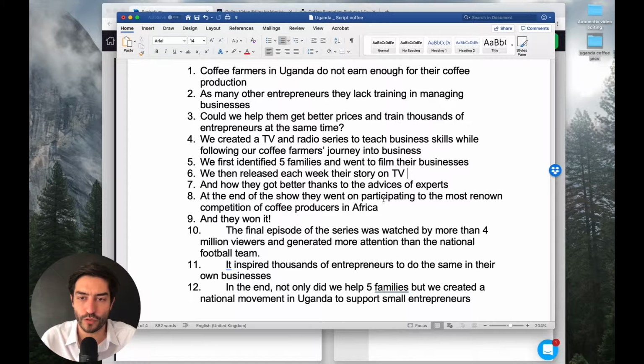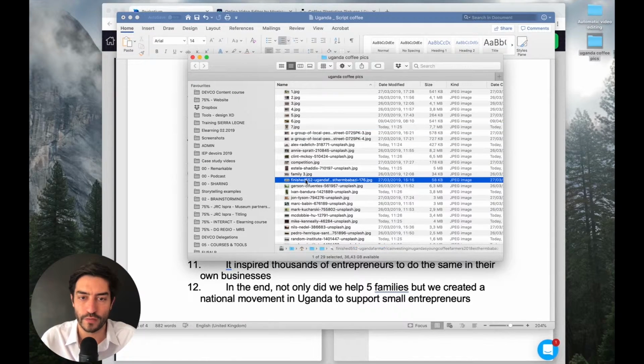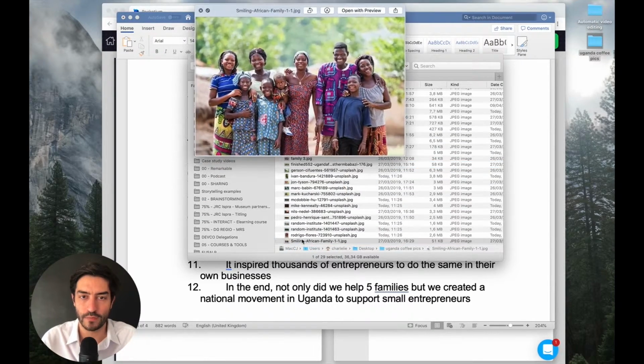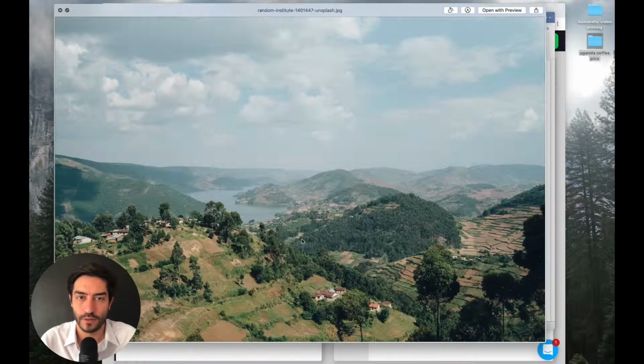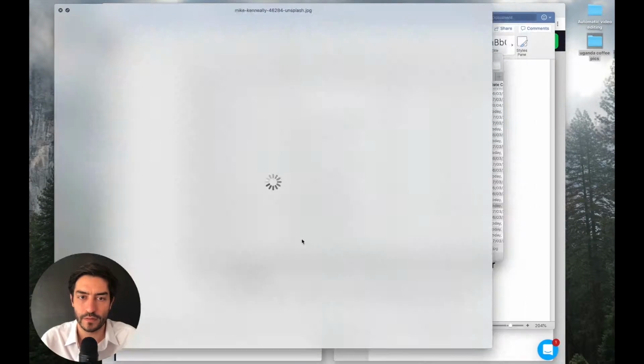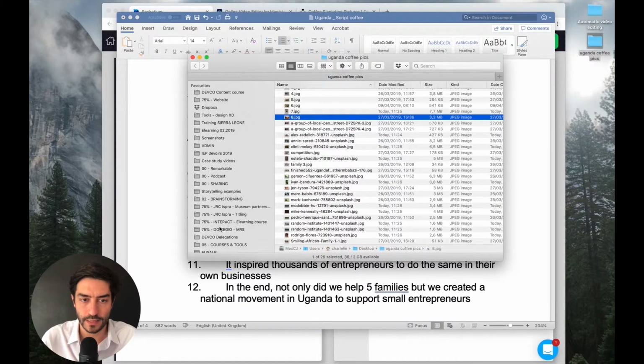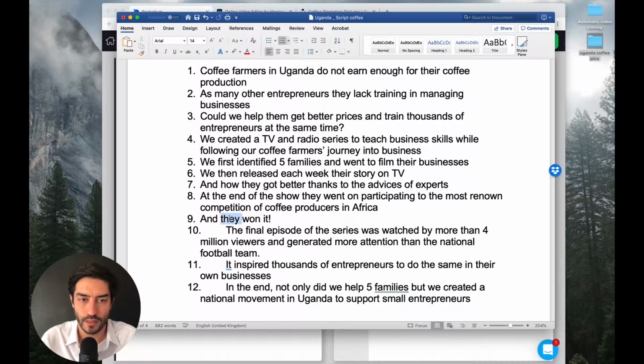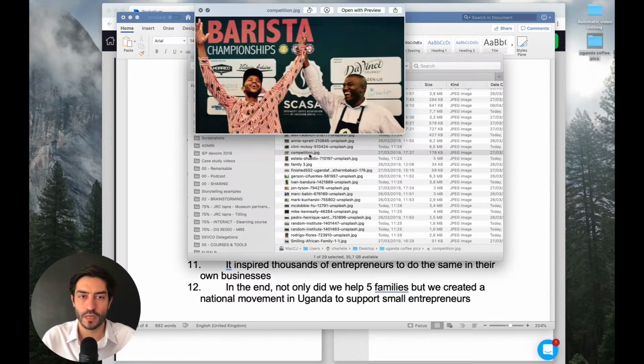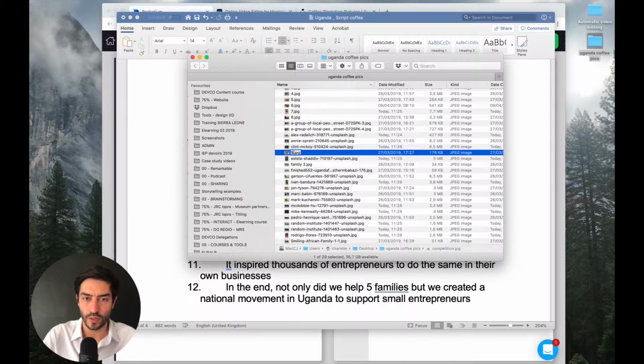At the end of the show, they went on participating in the most renowned competition of coffee producers in Africa. So I found a very nice image of a plane, meaning they are going somewhere. 8. And they won it. So for the 9th one, I found a very nice picture of people winning a competition